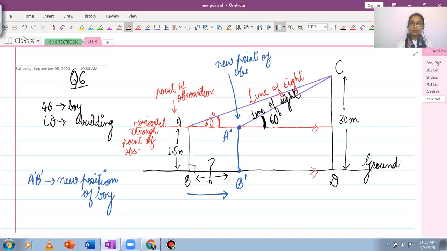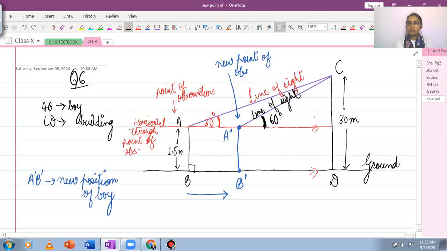Now what we are going to do is, this is just the representation part. To find out the distance BB dash, I'm just going to use a few variables here. First thing I want to see is the right triangles with which I'm going to work. So how many right triangles can you see here? So if this angle is 90 degrees, this will be 90 degrees. So one right triangle is formed right here, in which the acute angle is 60 degrees. I'm marking this point as E. So I've got a right triangle A dash CE, in which the acute angle is 60 degrees.